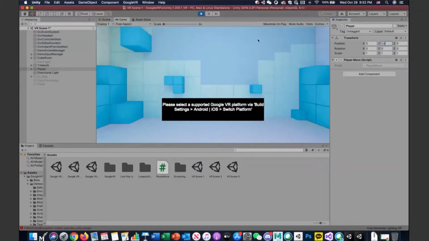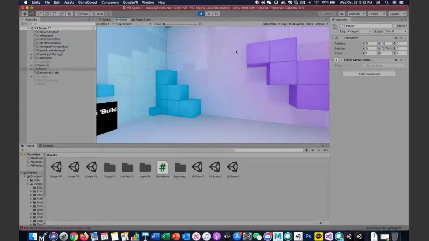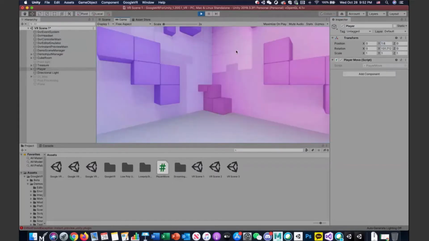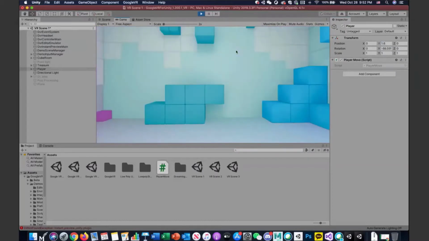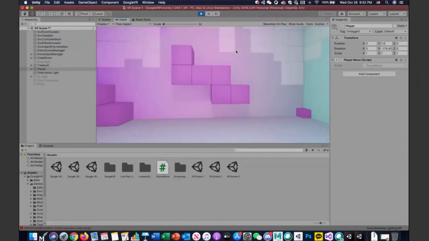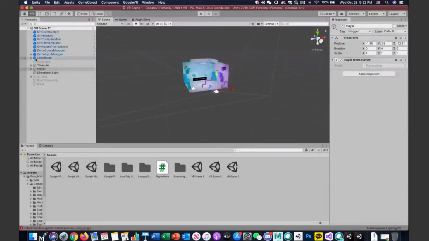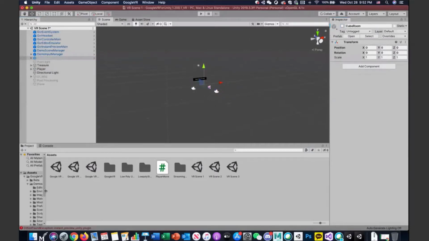So now, as you can see, it is that cube or Hello VR we used before. Okay. Then basically, in this case, what happened was you can turn off this cube room, okay, and then